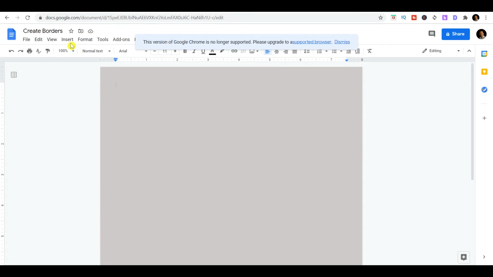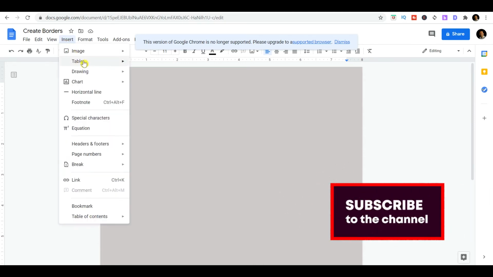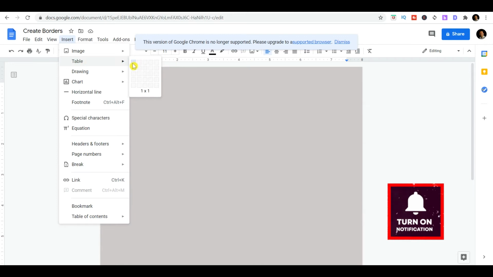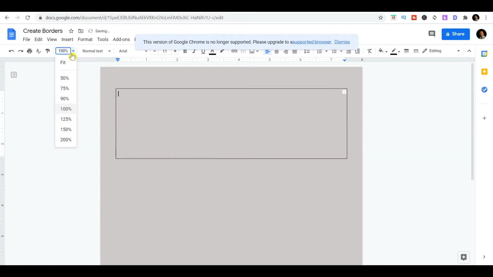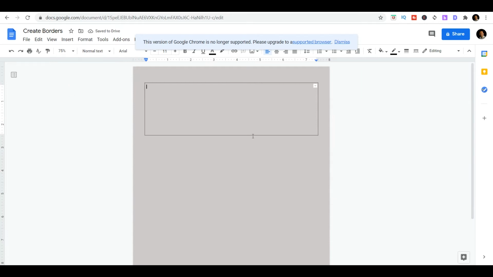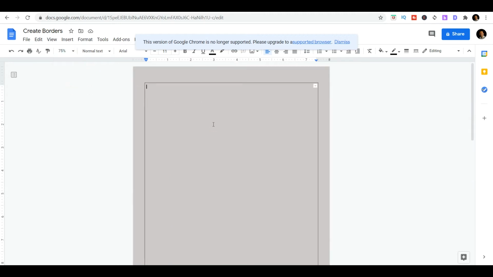Okay, so now the next step is I go to Insert, and from here I select a table, and this would be a 1-by-1 table that I will insert here. Yes, so now I would drag it across the entire page, or I'll pull it down, okay, so that it covers the entire page. But just bear in mind that here the margins were 0.5. Okay, so that's how the page would be, and you can see the margin is now beautifully set up on the page, and this looks like a border that is there.